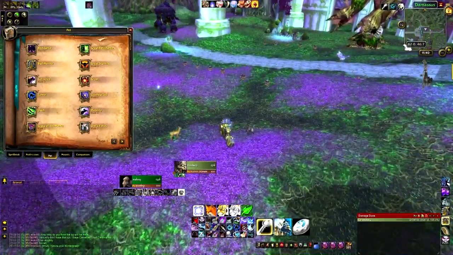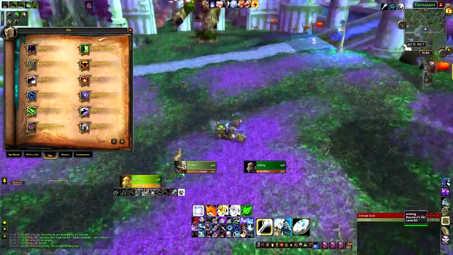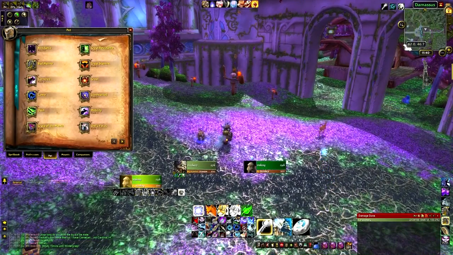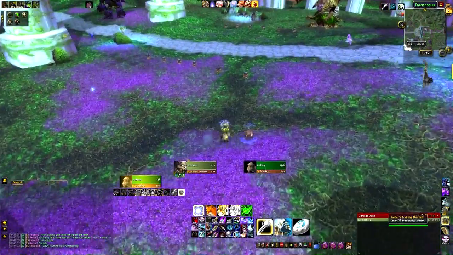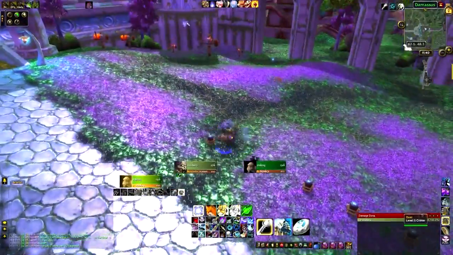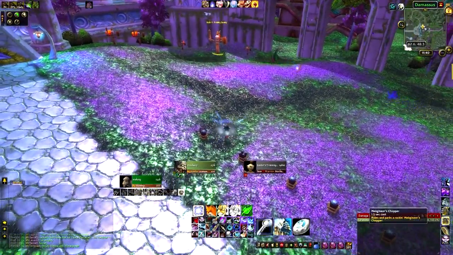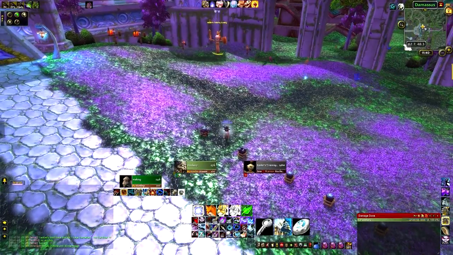Bad Manner is the monkey pet specific ability, and it is a 0.5 second cast, 20 yard range, and a 1 minute cooldown, and it is basically a 4-second blind. This is probably the most important thing for hunter PvP, because